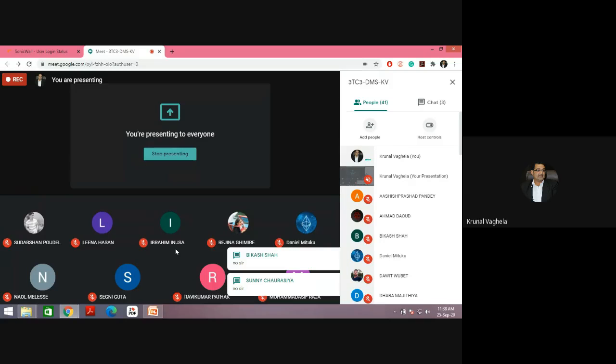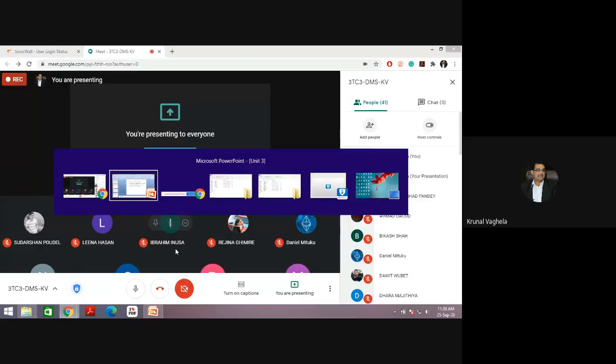Okay, great. Let me give you one example that you need to solve, and you need to write the queries both with join and without join. First you need to write the query without the join operation, and then the same query you need to write with the help of the join operation. The query is: